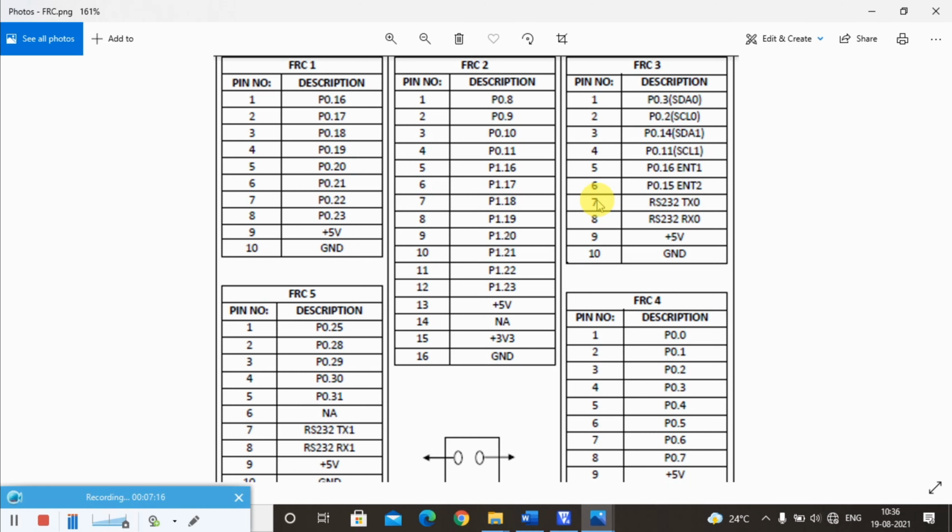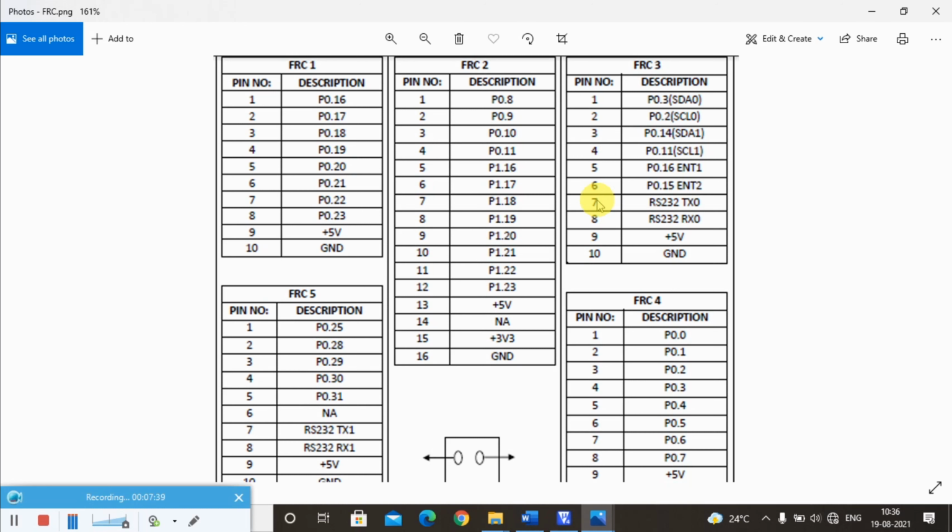In the controller you have an FRC slot. From the microcontroller we are going to pass the data to the hardware, that is the stepper motor, through the FRC. And from the processor to the microcontroller we are sending the data through the serial interface cable.